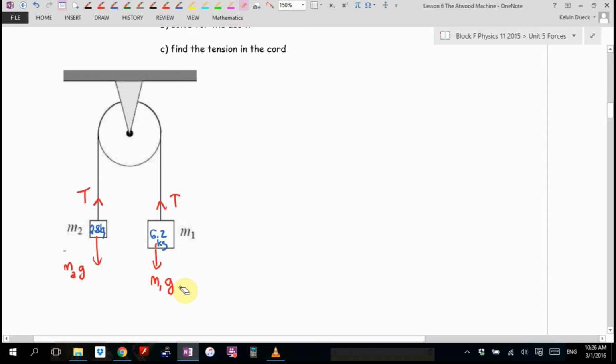Who's winning? Now let's walk along the rope. The first force I run into is this T right here, winner or loser. So that means minus. The next force, walk along the rope. The next force I run into is this T here, which you might be tempted to say was the loser, but when I follow it,